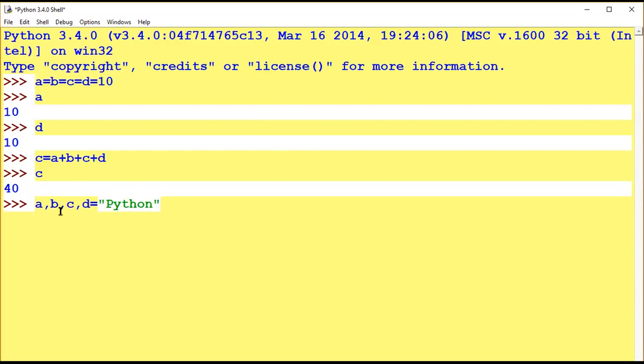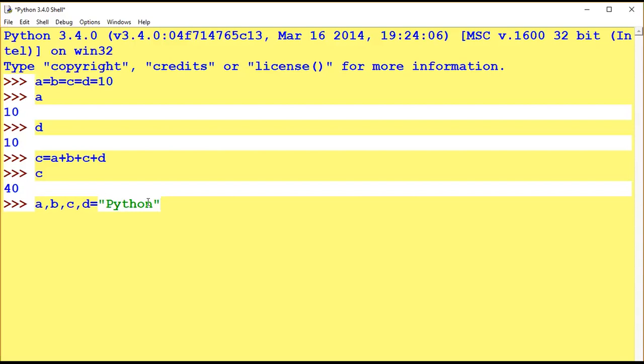See the direction of declaration: the sequence of the values will be assigned in the sequence of the declaration of the variables. So the first value which I am assigning after equal will be assigned to the first variable, that is A is holding Python.